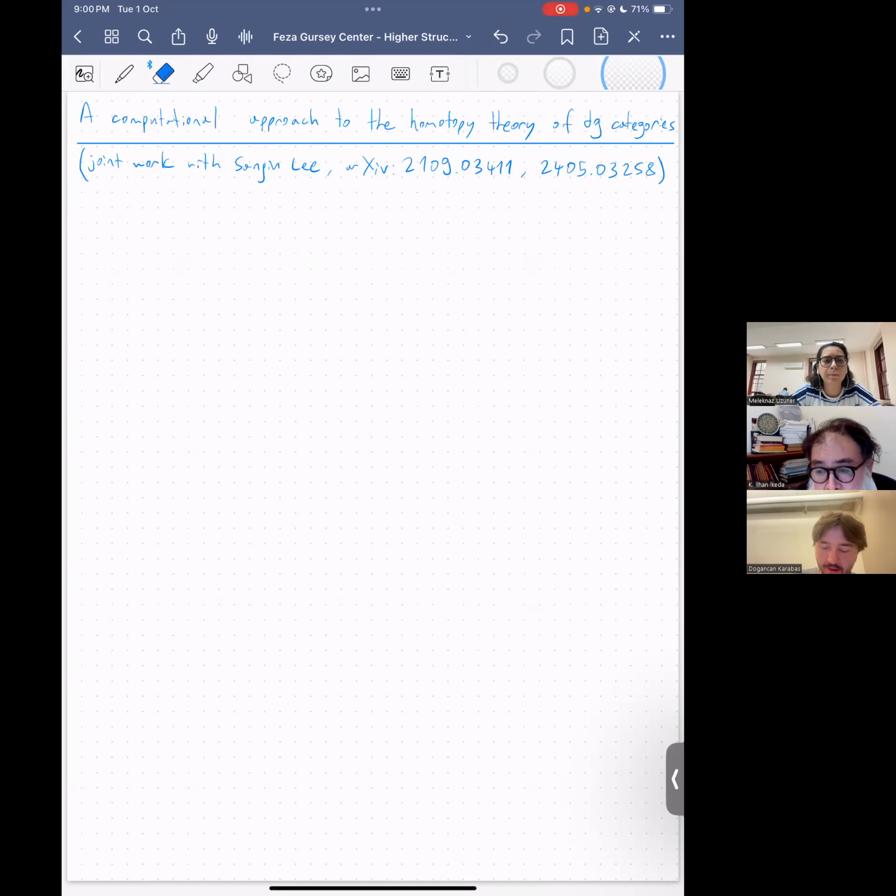So, as the title says, I will tell you a computational approach to the homotopy theory of DG categories. I don't know how much the audience knows about this stuff, so I will quickly tell what I mean by these keywords. Actually, I won't quickly tell what homotopy theory means, but let me just say this: differential graded